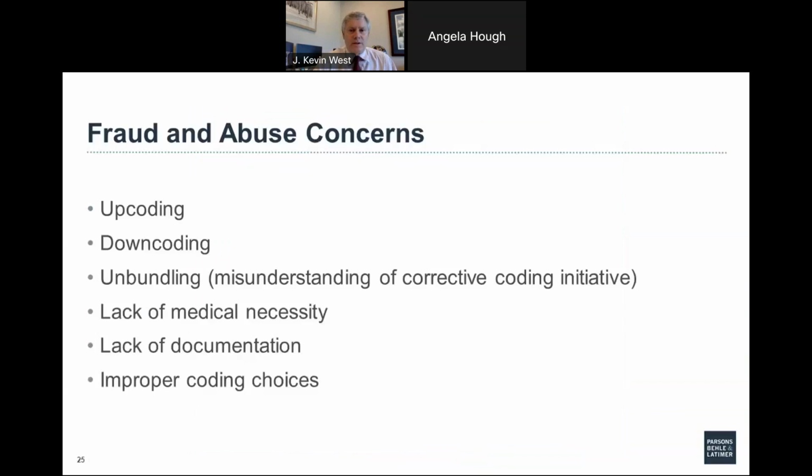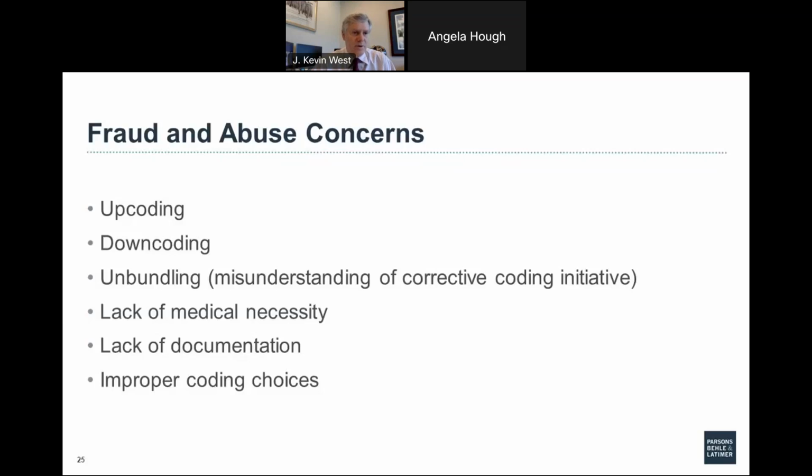Certainly in the subject of coding and billing, we have to be very conscious of fraud and abuse concerns. And the payers, Medicare, Medicaid, commercial insurance companies, they are constantly on the alert for things. They are data mining, they are reviewing data and statistics constantly in order to detect things. So the common things they're looking at are